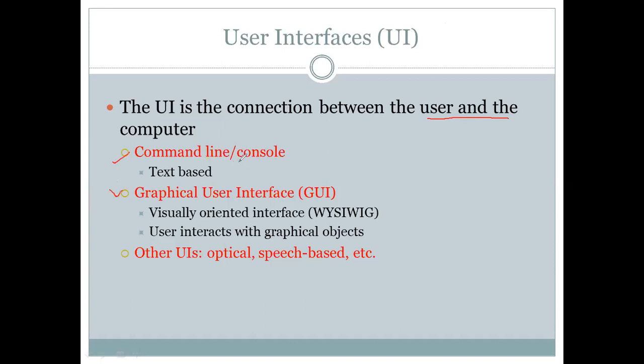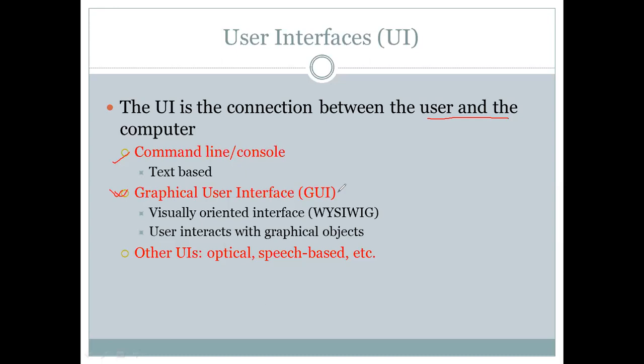One is called command line or console interface, which you generally find in a DOS mode environment. In a command line or console interface, the user interacts with the system with the help of text or commands. The user will input a set of commands, and based on them the system will process those commands and provide the output. Fine. Similarly, the second type of UI is GUI, which is known as graphical user interface.